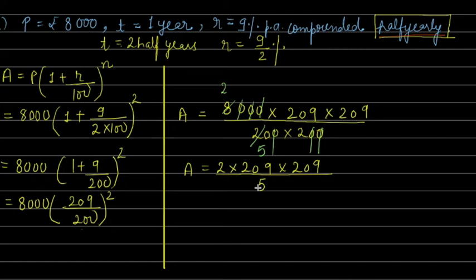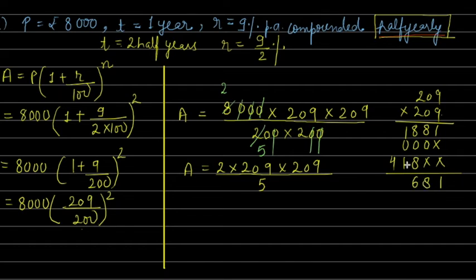Again we have to do a lot of calculations and we have to be very careful with the calculations. So let's do 209 into 209 first. 9 9s are 81 and 9 2s are 18. Now 0, when you multiply any number you get a 0 only. Now 2 9s are 18 again and 2 2s are 4. Add it: 1, 8 8s are 16, 1, 2, 3, 53,681. This will be a 4 here. So it is coming 43,681. Now you have to multiply this number with a 2.